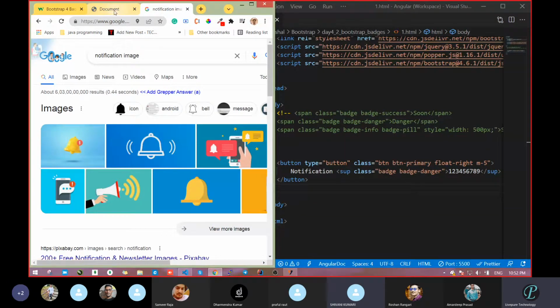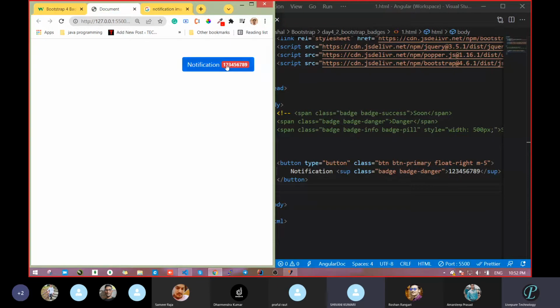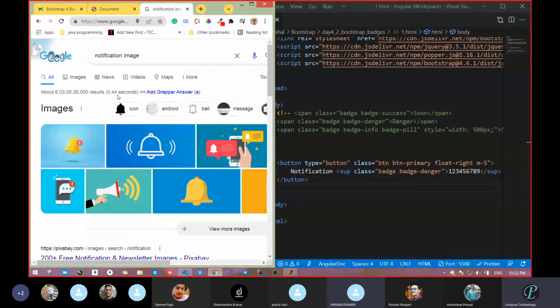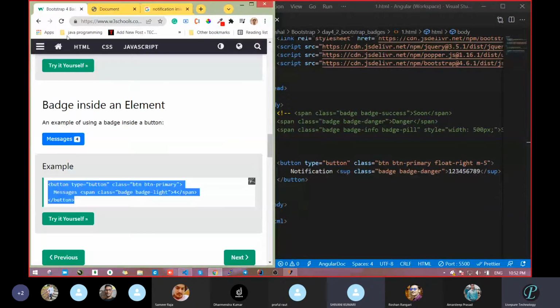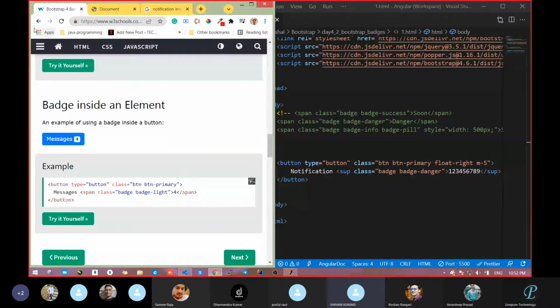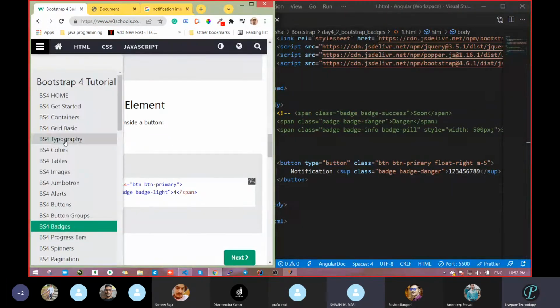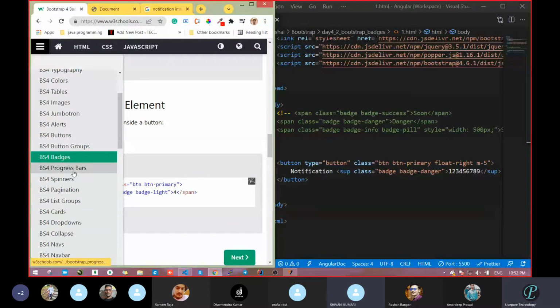Now we are making this button icon and this 1, 2, 3, 4, whatever, you have to make it this way. Tomorrow just try to make a notification bar with this bell icon type. You can use the position property of CSS, then you will get it. Clear up to here, or anyone having any issue?